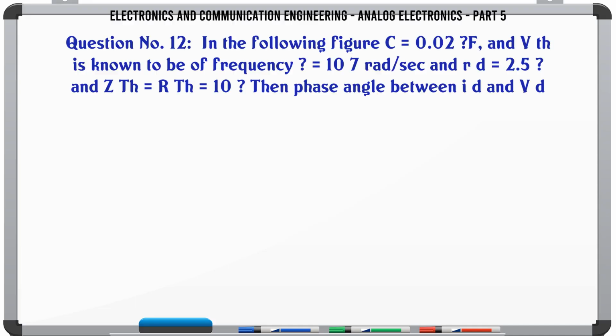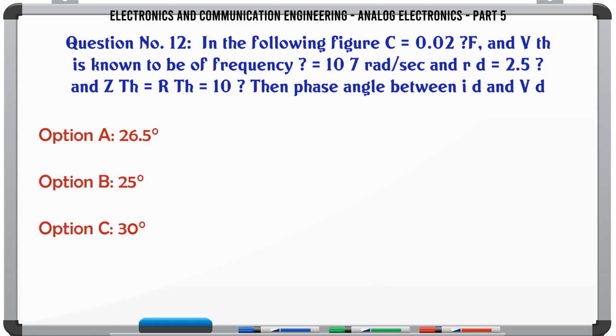In the following figure, C = 0.02 F and Vs is known to be of frequency 10.7 rad/sec, and RD = 2.5, and Zs = 10, then the phase angle between ID and VD is A) 26.5, B) 25, C) 30, D) 0. The correct answer is